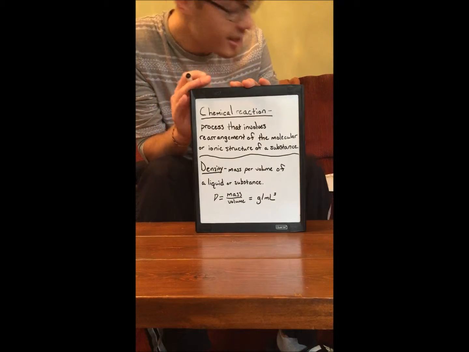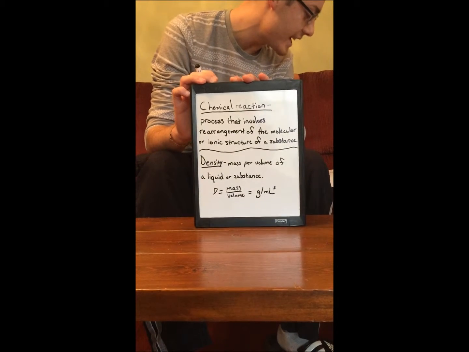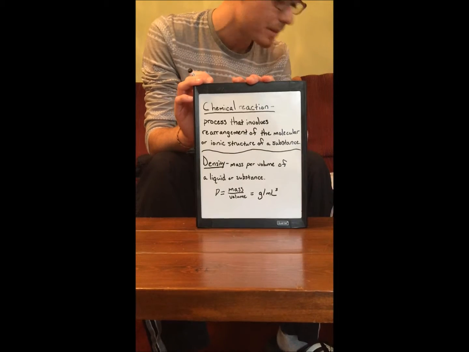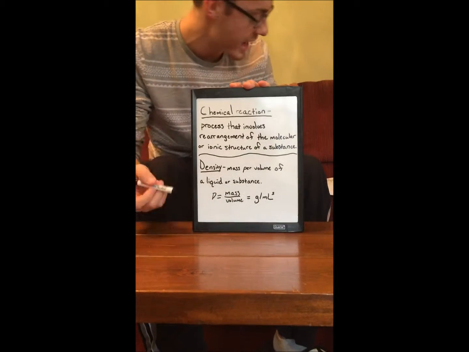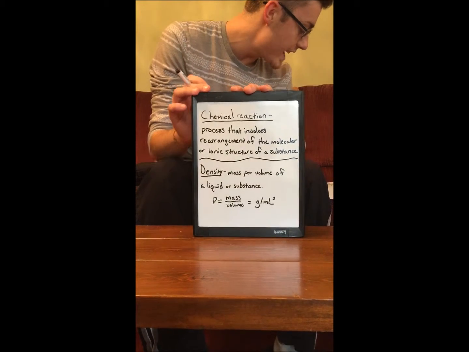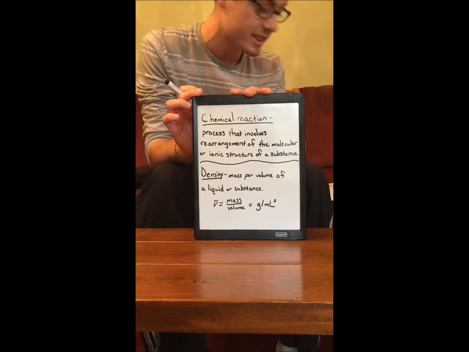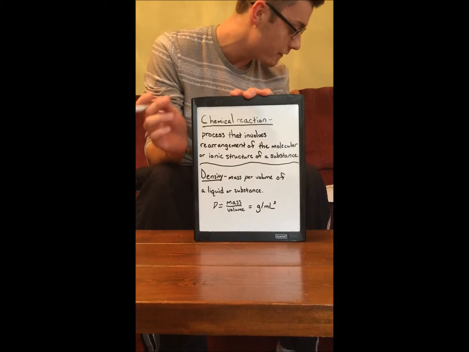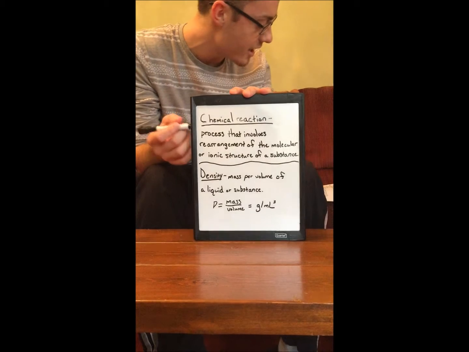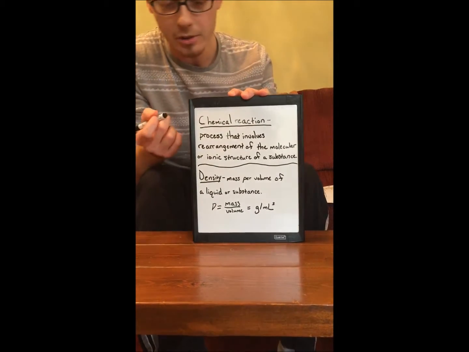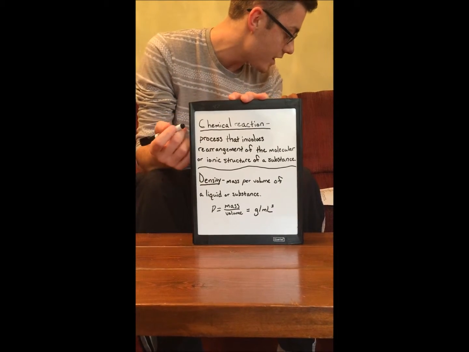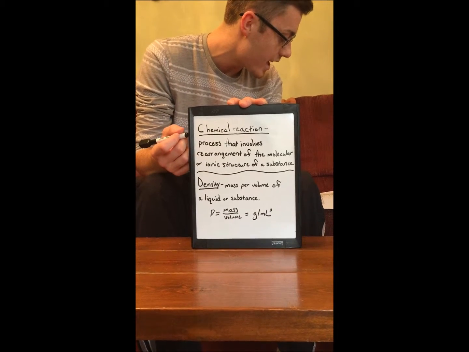Good morning, class. So, today we are going to be making a homemade lava lamp, which exemplifies density and chemical reactions. Today we're going to learn also about the differences between mixtures and solutions, but first we need to know a few definitions. So, first off, chemical reaction is a process that involves rearrangement of the molecular or ionic structure